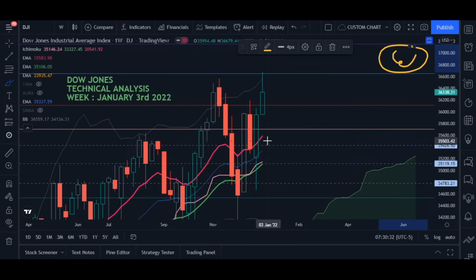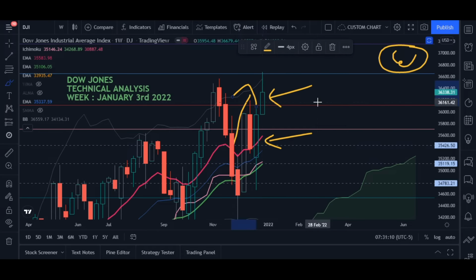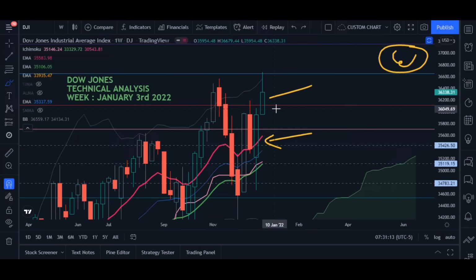So if you see on the weekly chart, there was this previous candle that was formed for the week of December 20th. It was a bull candle. This is why I told you that there are very heavy chances that the market will move up. Now the market has moved up and formed its all-time high of 36,680. This is again a bull candle. There was some retrace in the last 2 days, but it is still a bull candle, which means that there are bull sentiments in the market. Clearly there are bull sentiments, back to back 2 bull candles. So this is the interpretation of this candle.